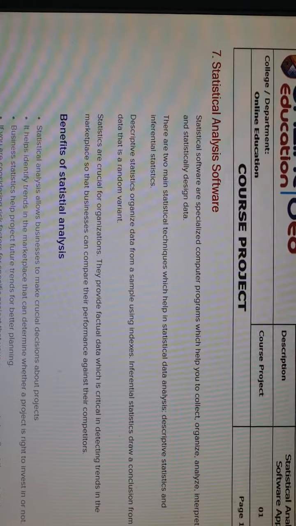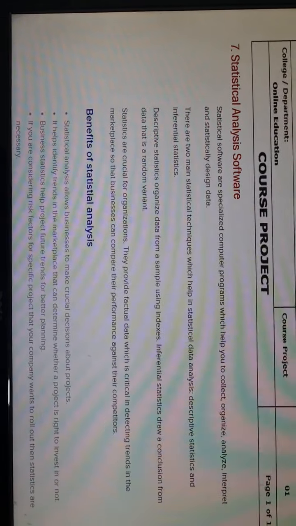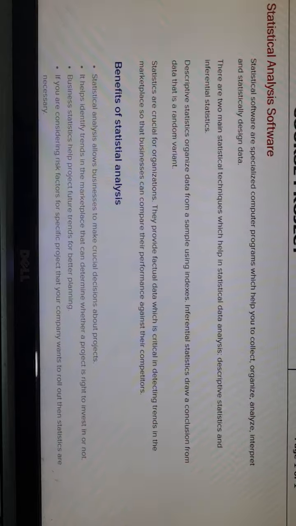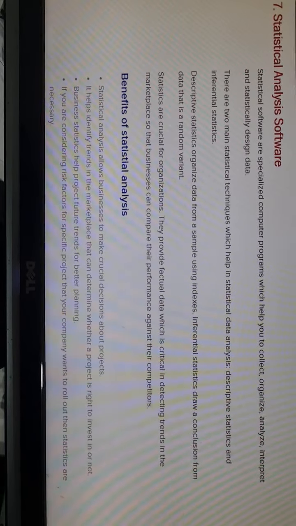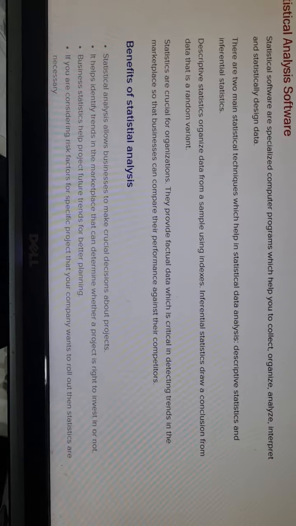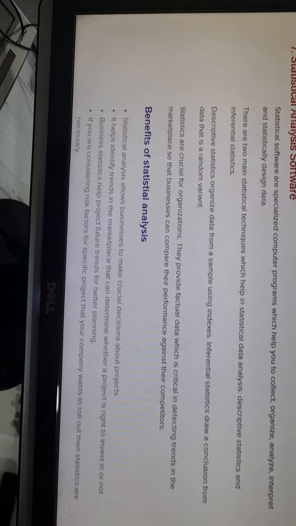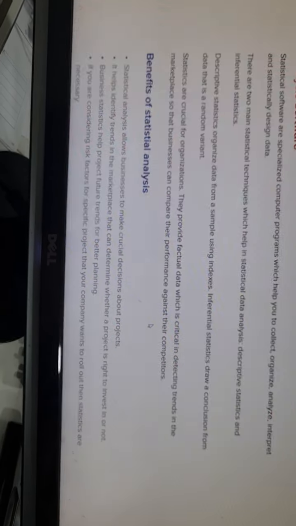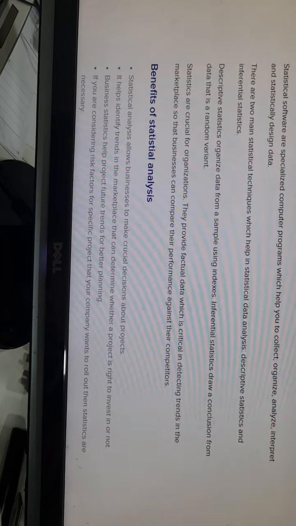Descriptive statistics organize data from sampling using indexes, while inferential statistics draw a conclusion from data that is random variant. So, statistics are crucial for organization. They provide factual data, which is critical in determining trends in the marketplace so that businesses can compare their performance against their competitor. The benefits of statistical analysis are: